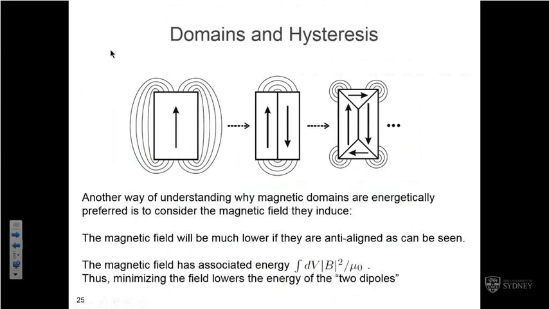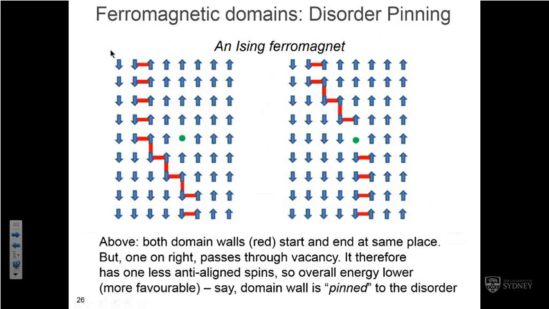The reason for that is that you will get a smaller magnetic field when they are not all in the same direction there. Okay? Let's see what else. So we're talking about the areas where you have different magnetic domains, and how they switch from being of one orientation to another